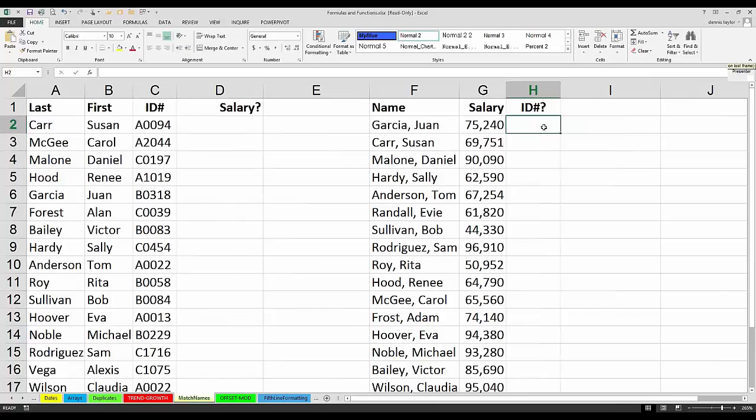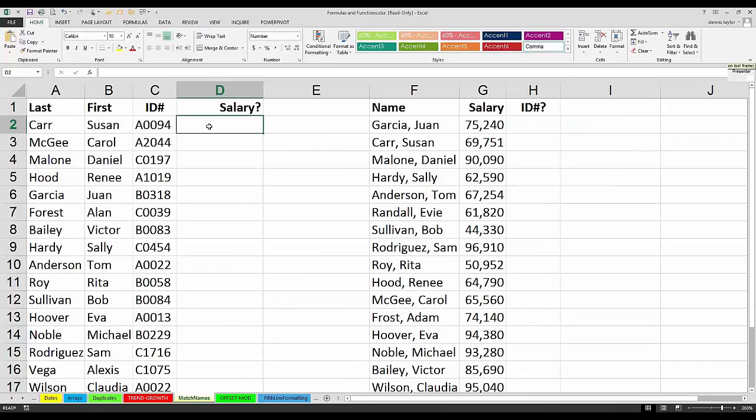VLOOKUP is not going to cut it here, but index and match in an array formula layout will get the job done. Over here, it would be a little bit simpler, but it would involve pulling the names together to make them look like these. Here you could use a VLOOKUP, but these things get really tricky and involved at times. And it seems as if everybody is trying to match up lists at different times, big, small, whatever,